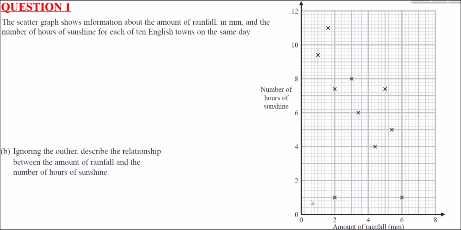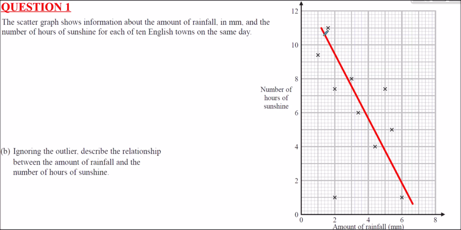Part B, ignoring this particular outlier here, describe the relationship between the amount of rainfall and the number of hours of sunshine. At this point, even though the question doesn't ask us to, I would suggest drawing in a line of best fit, not thinking about this outlier here. So avoiding this outlier, a line of best fit would be the line through the general trend of points. So roughly speaking, it's going to go through here, and as a rule of thumb, as a rough rule, try to have the same number of points above the line as below the line of best fit. So my line of best fit I'm going to add on here, like so,